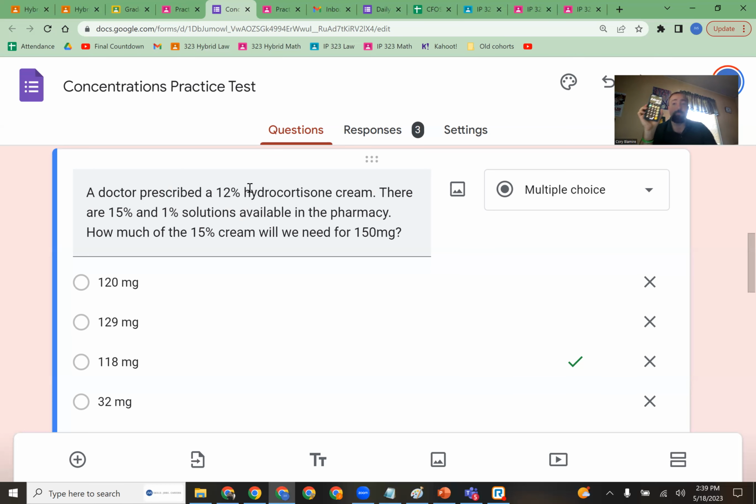So what we then do is we say, okay, we're not entirely sure we trust that. It's very, very close. So let's look at the next closest answer here. In the multiple choice answers, the only other one that's even close to that is 120. So let's quickly do 120. 120 milligrams. Remember that all these answers are talking about how much of the 15% cream we're using. So if hypothetically we were to use 120 milligrams and 15% of that was hydrocortisone,